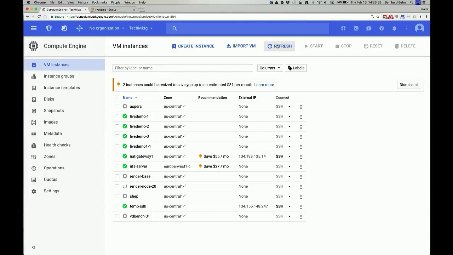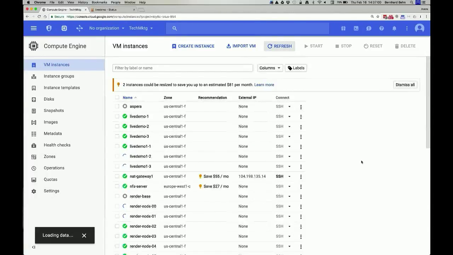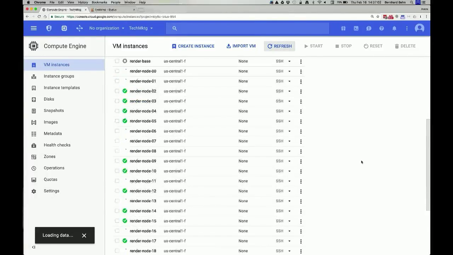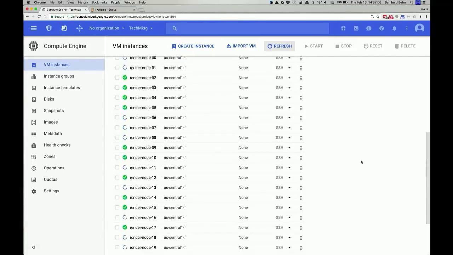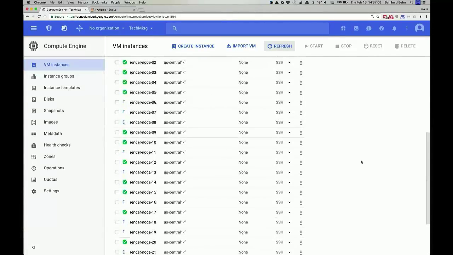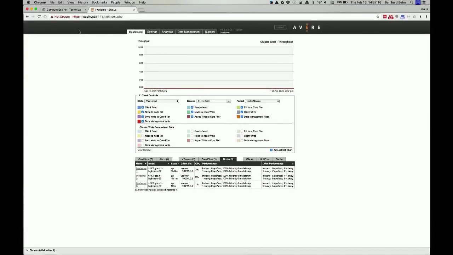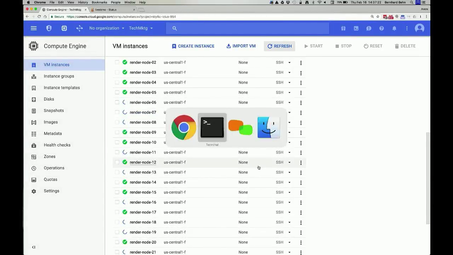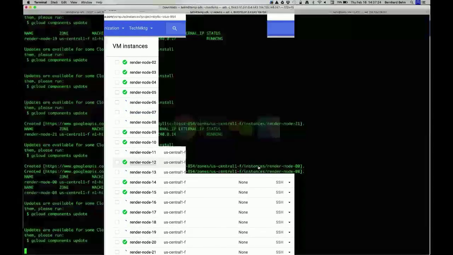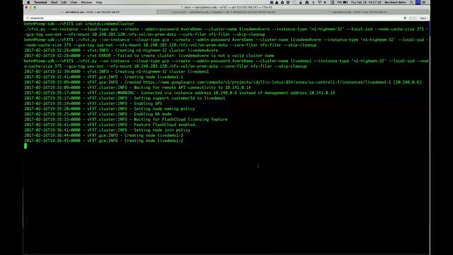In the meantime, I can refresh my cloud console here, and I can see these nodes are already booting up. I have 25 of them; some are started up already, others are still initializing. Once they start running, we're going to see the workload activity start to hit the Avere VFXT cluster. So while we're waiting for those to boot up, I'm going to flip back